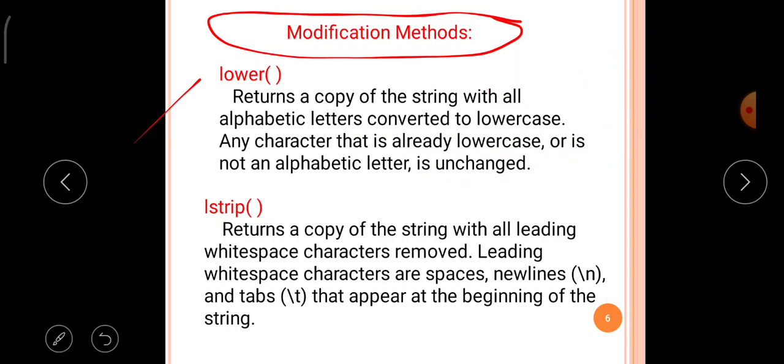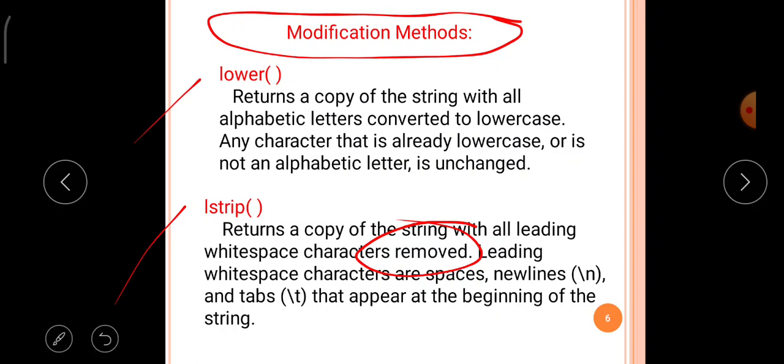Next, a string is modified with another modification method, lstrip. The lstrip function returns a copy of the string with all leading white space characters removed.